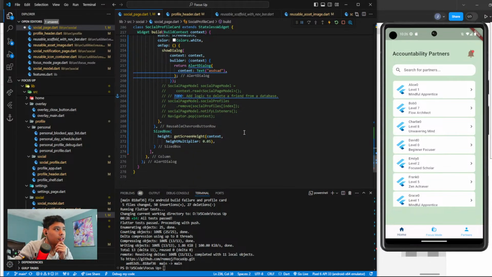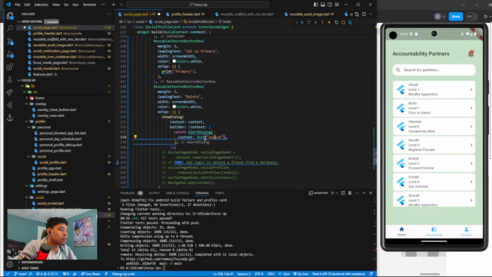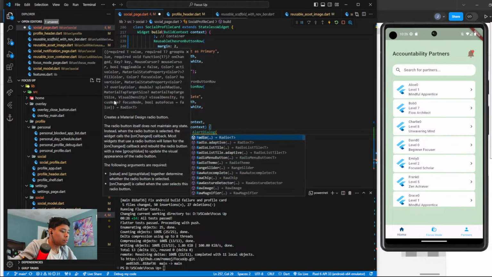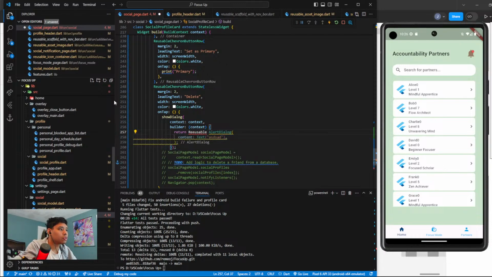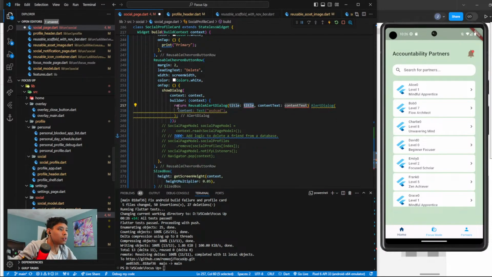So yeah, the ID is more important, and we want this alert dialog to, do we have a reusable alert dialog? And yeah, we can just do delete. You can delete, and